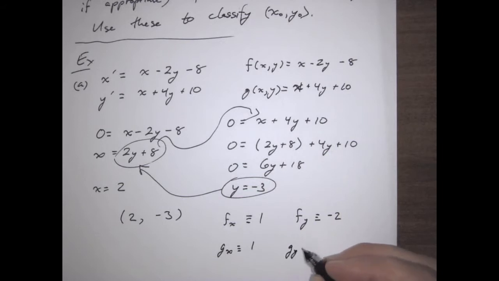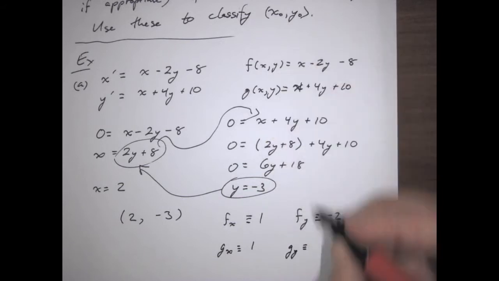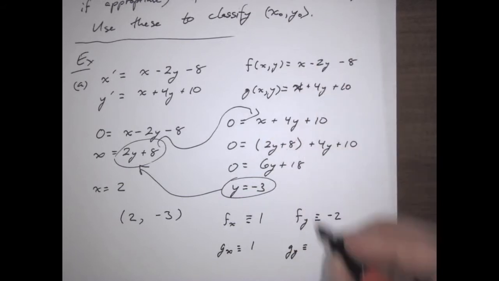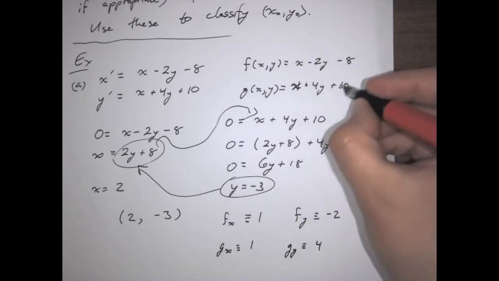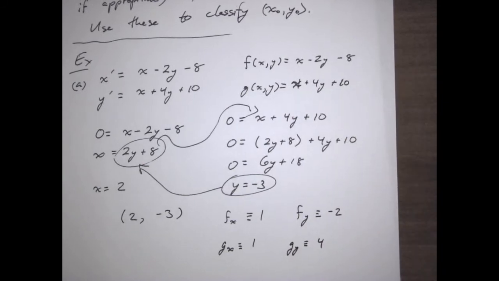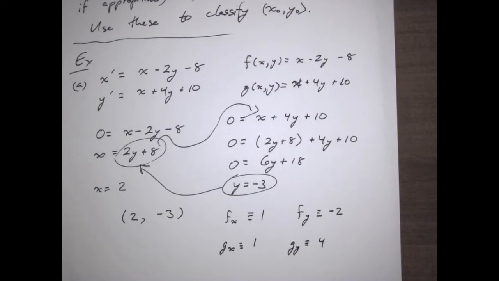And g sub y is constantly equal to nothing plus 4 plus 10. Or plus 0, I mean. It's going to be just 4, which means that the Jacobian at 2 comma negative 3 is going to equal 1, negative 2, 1, 4,